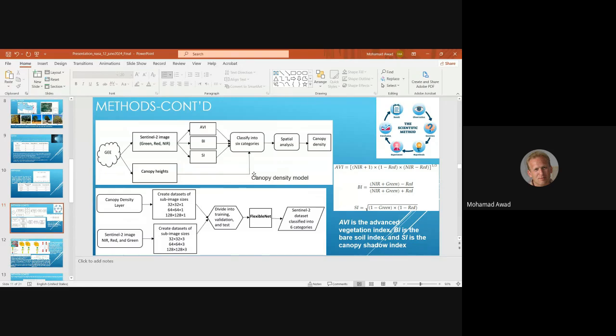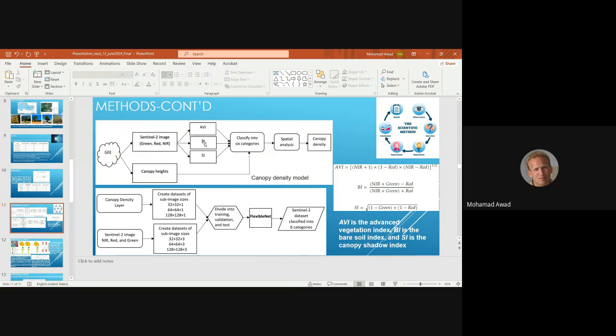The second step is to create the canopy density layer, and we did the following steps. From Google Earth Engine, we extracted the Sentinel-2 image, as I said before, that contains the green, red, near infrared, and the canopy heights. We used the Sentinel-2 image to calculate the advanced vegetation index,